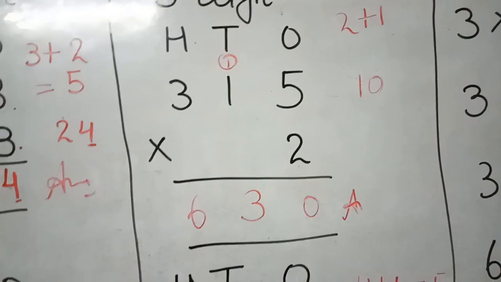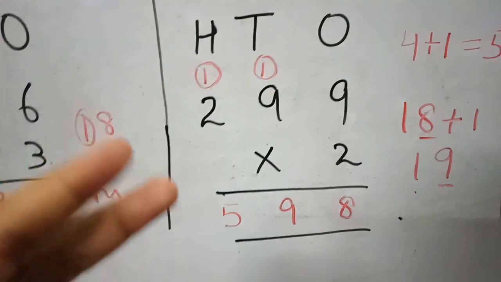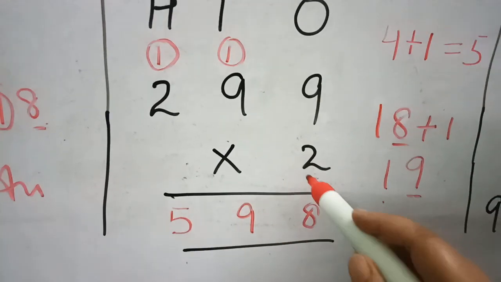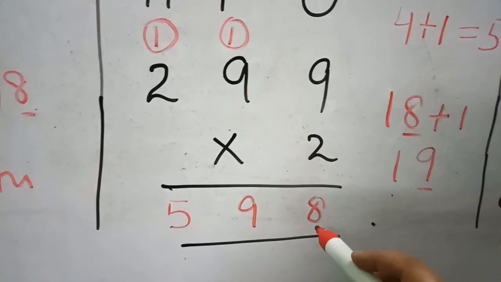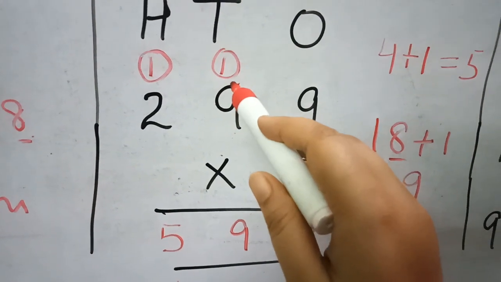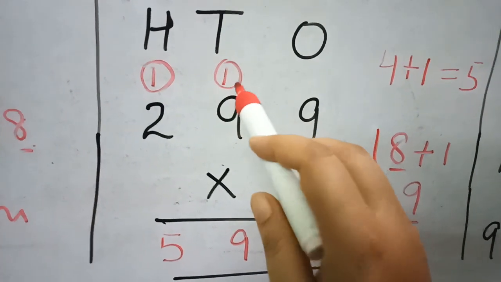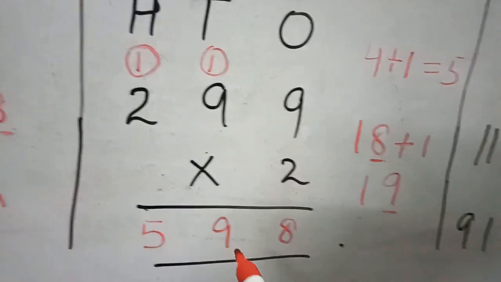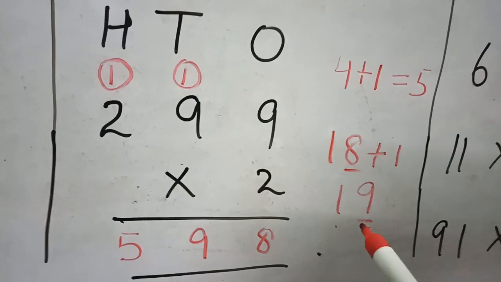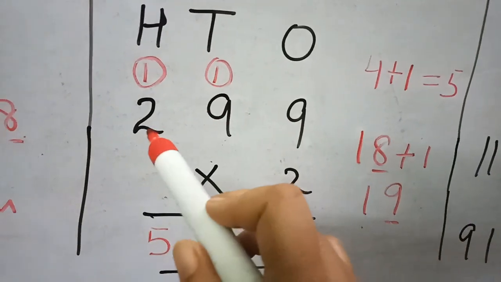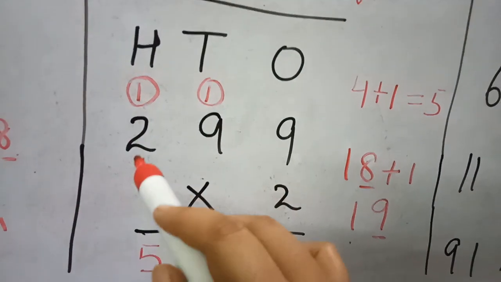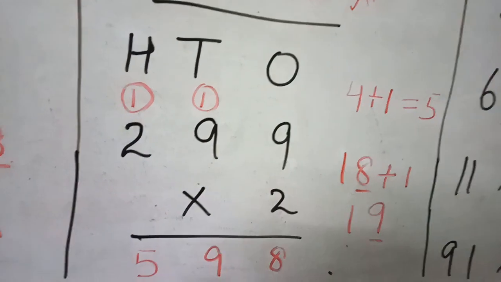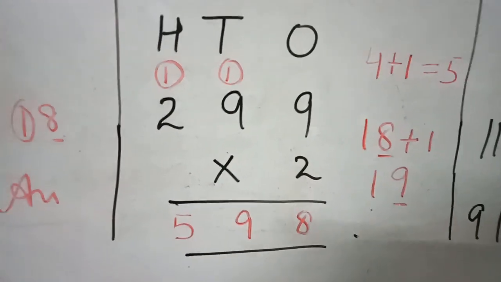So here we can say there is one example of 1 carry and one example of 2 carry. How do we take the 2 carry, right? I will explain it again for you. 9 2s are 18, 8 will be here, and 1 goes as carry to 9, right? 2 9s are 18 and 1 is 19. 18 plus 1 is 19, 9 will be here and 1 goes as carry to 100, right, on 2. So 2 2s are 4. 4 and 1 is 5. Here is your answer.